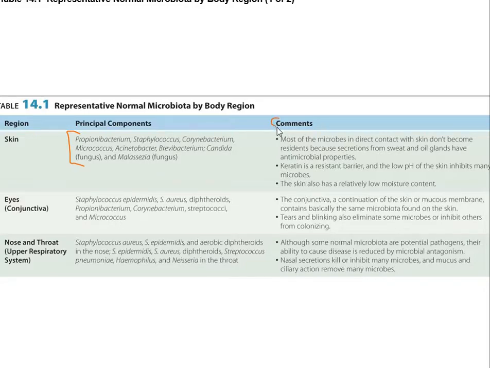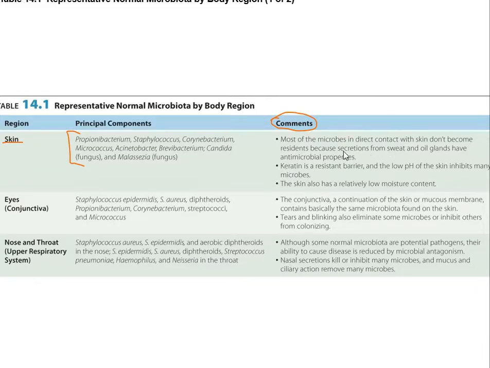So in the comment sections here, we're going to talk about how do we keep microbes away from each one of these regions, okay? And these regions that we're pointing out here are regions where you find microbiota in the human body. So how do we keep microbes out of the skin? First,